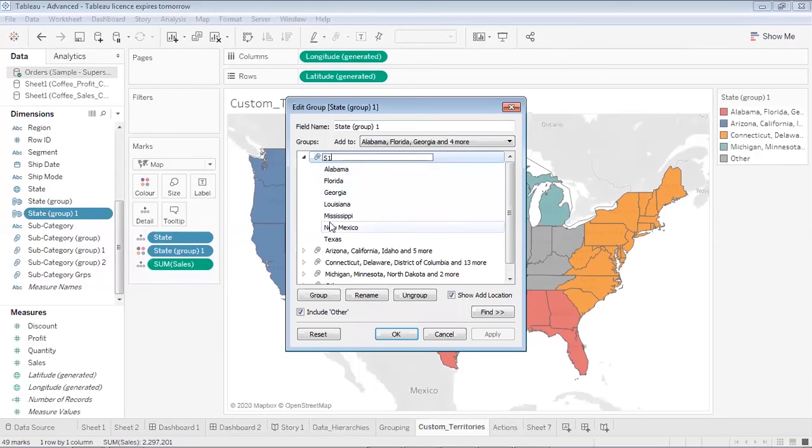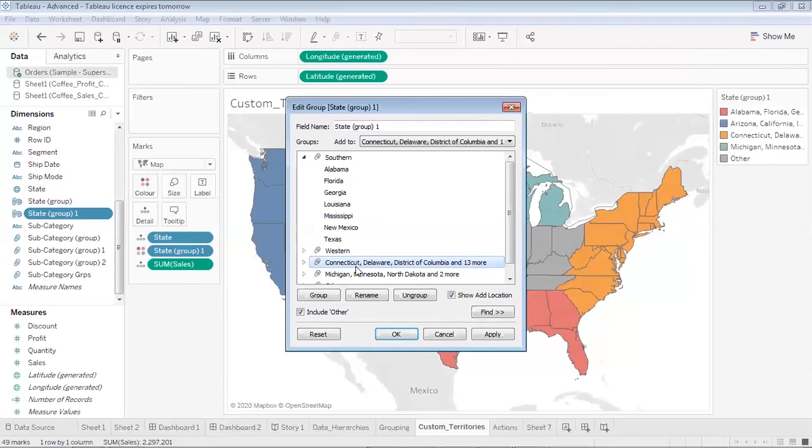S1, since they are the first segment of states for me, or I can rename them as Southern, maybe, because these are a part of Southern states. Okay. Then over here for Arizona, California, and Idaho and others, I would like to rename them as the Western ones.